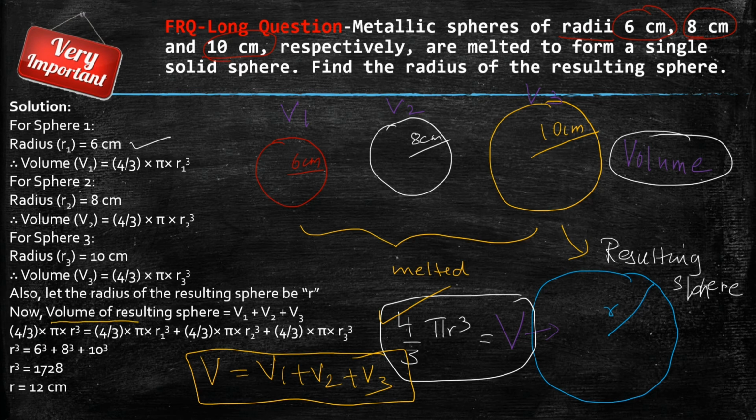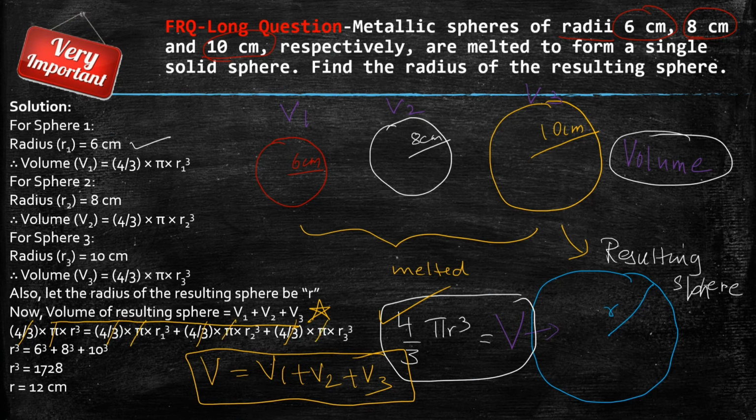So this is the main important key concept, that the volume of the resulting sphere is V1 plus V2 plus V3. If you're able to understand this concept, apply the correct formulas here and then simplify, you will get the correct answer. So let's do that. Here if you see both sides, 4 by 3 pi is common. So you can easily cancel. Let me do that here for you with yellow color. 4 by 3 is here also, it's on the right also, it will all cancel out. Your pi is constant, so that is also common, that is also going to cancel out.